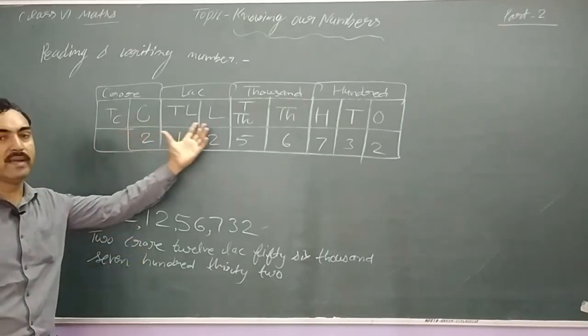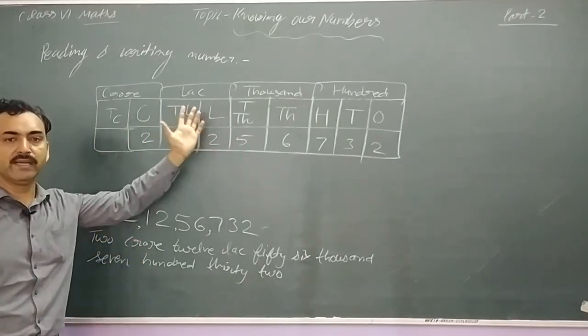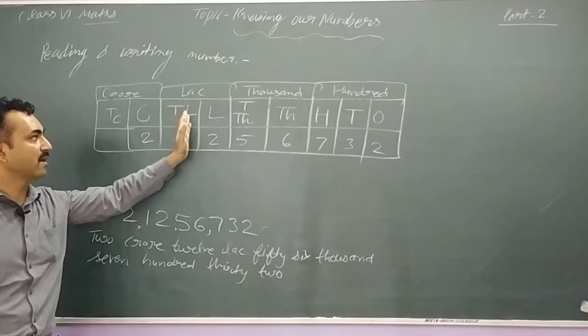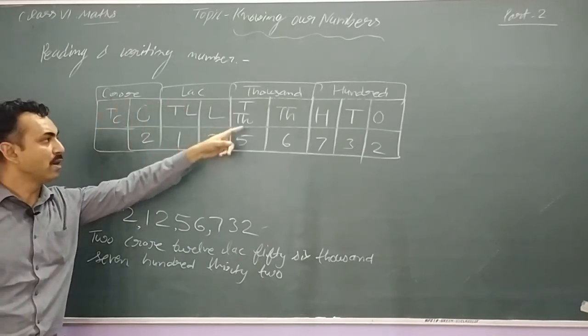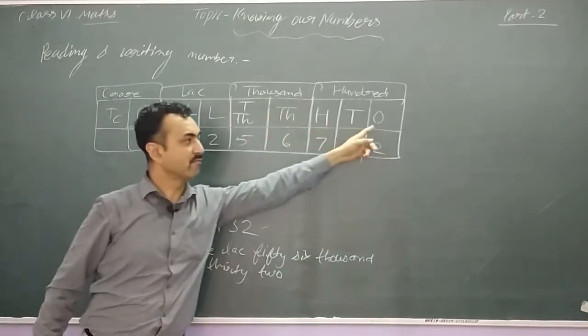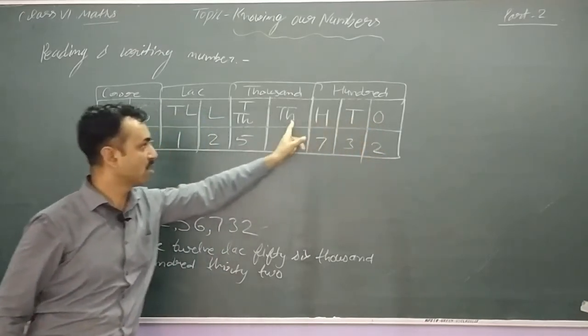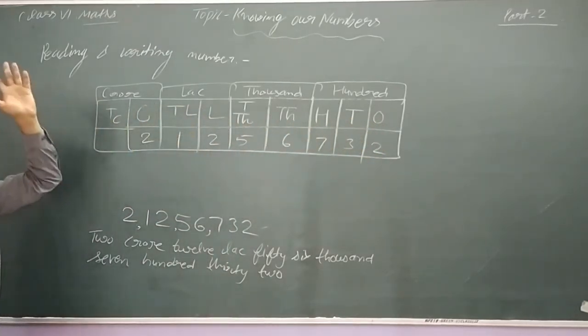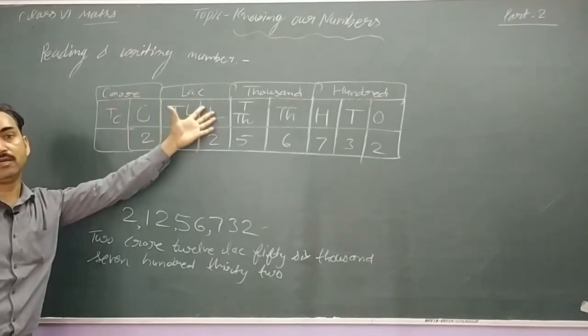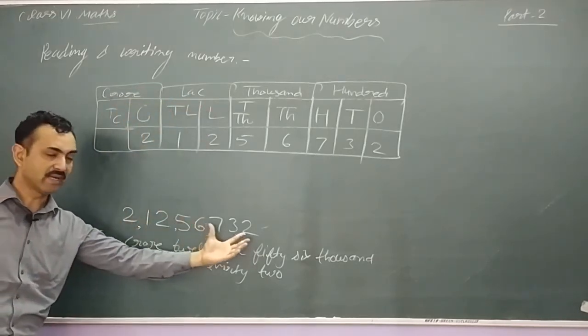So there is no need to make the table. Just for your understanding, you are learning what will come after lakh, what will come after crore. So you have to just learn this sequence. It starts from here: ones, tens, hundred, thousand, 10,000, lakh, 10 lakh, crore, 10 crore. ये आपको याद होना चाहिए. It should be learned by you. And then you can use it for whatever number is given.